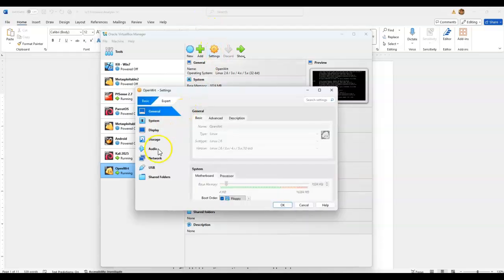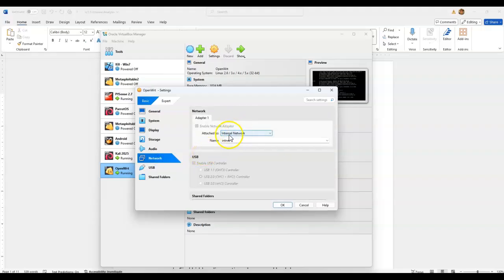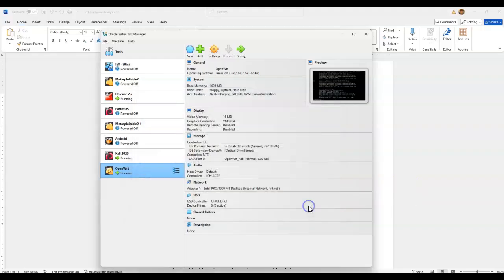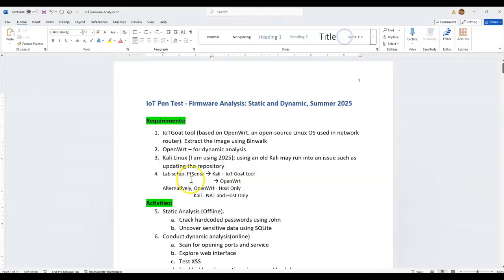Let me double check this. Yes, internal network. I'm using the first scenario. However, alternatively, as I mentioned, you can use this method too, using NAT and host-only adapter, whichever works for you. So these are the requirements.